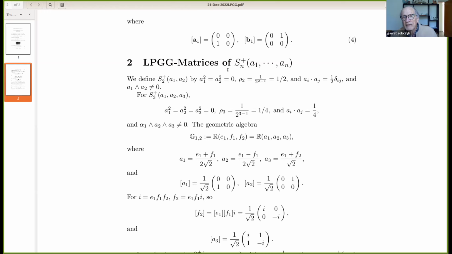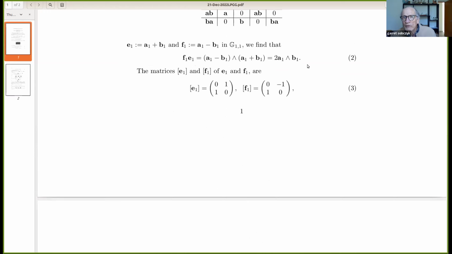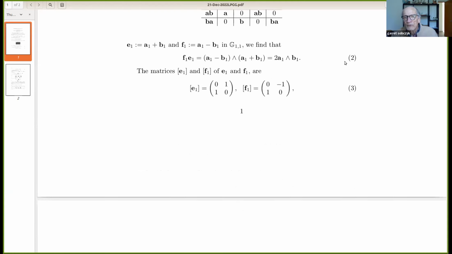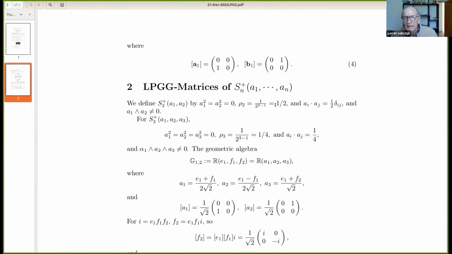Well, you can see when we said here that AB plus BA is equal to 1 in geometric algebra, AB plus BA is equal to 2A dot B. So we're taking the dot product, the inner product of the null vectors A and B. AB plus BA is equal to 2A dot B. So that's why I have the rule then in this first case that